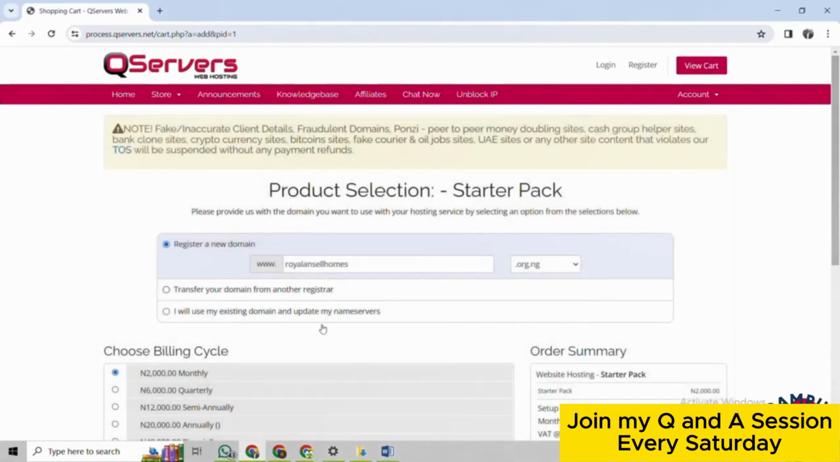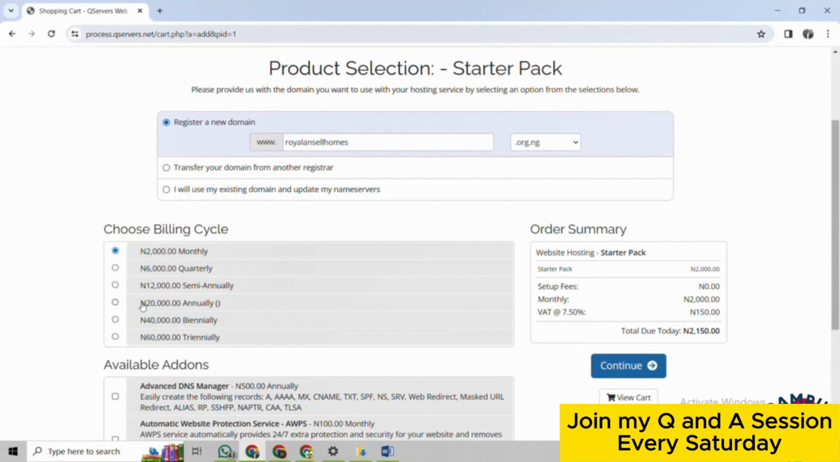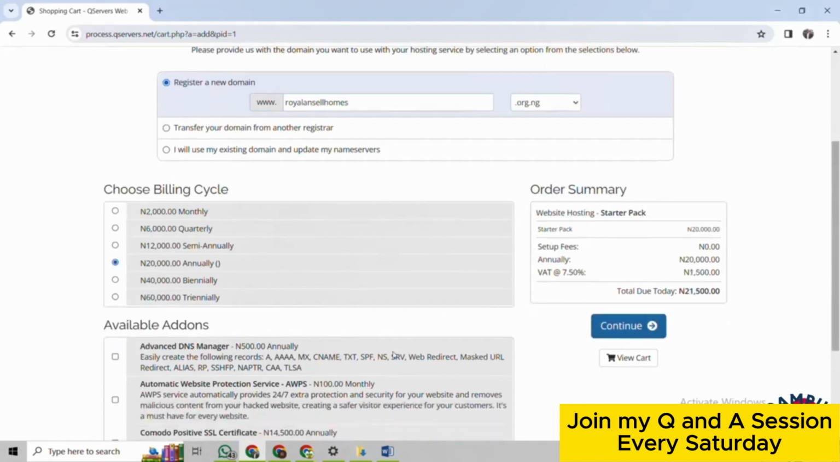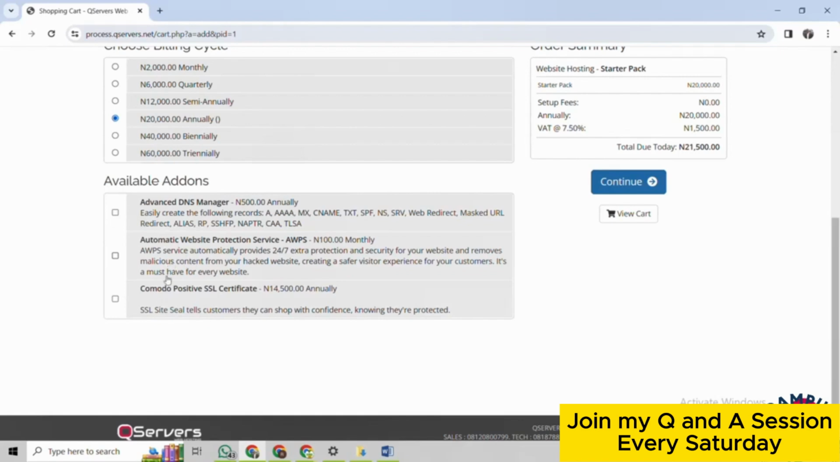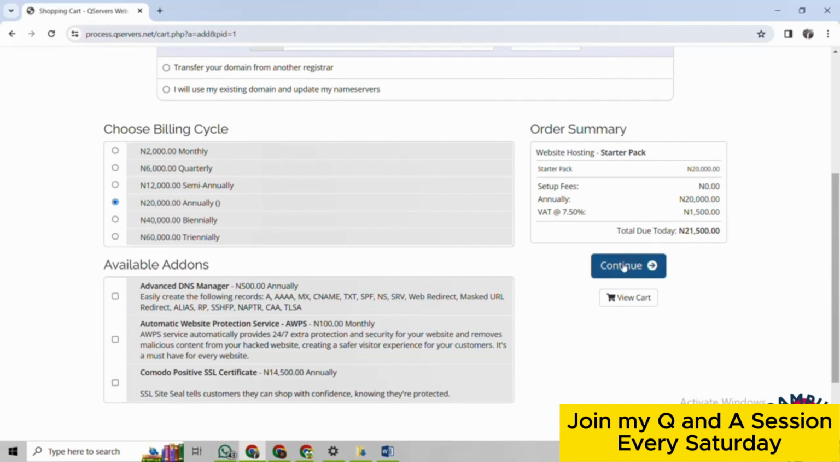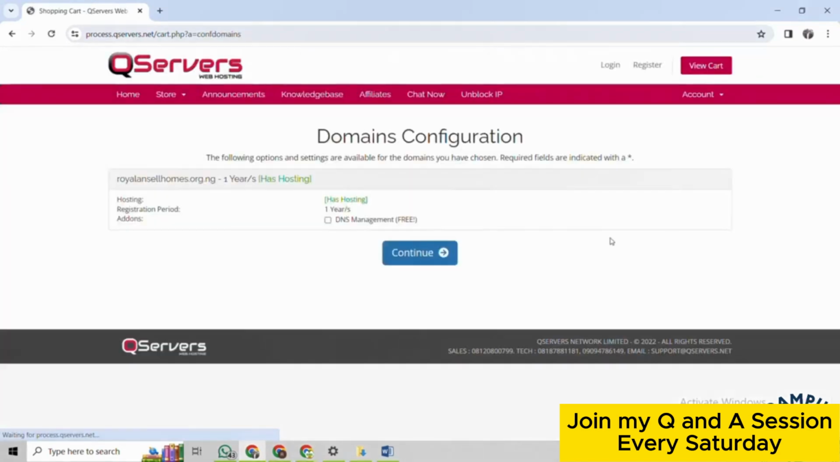And then here our billing cycle is going to be 1 year for 20,000 annually. So let's continue. We won't check any of this because they're actually expensive, trust me on this. So let's continue right here. We have 21,500. So let's check this and let's continue,